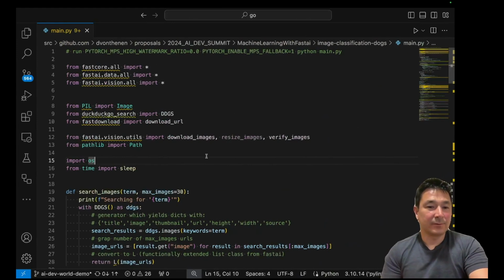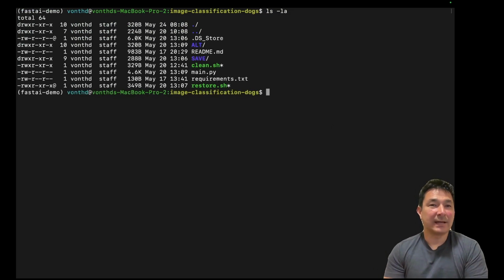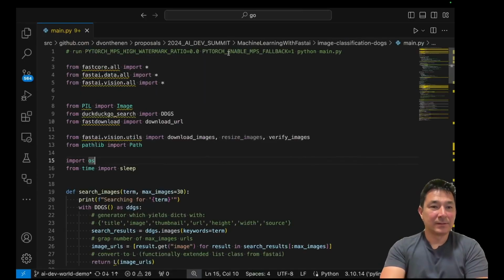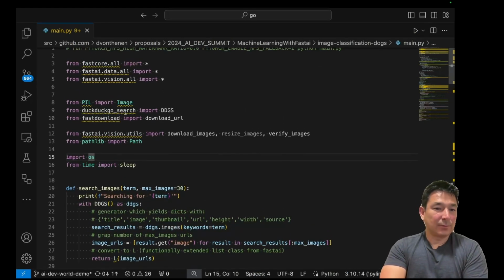It's fairly straightforward. If you take a look at the repo and the directory, you just need to have particular Python packages installed, which is defined by the requirements.txt file. And we have a handy README file here to help you get started. So let's do a walkthrough of this code since it's only a couple hundred lines. Here we have all the usual imports. You can see FastAI. Here we have the import for DuckDuckGo. This is how we're going to download all the images.